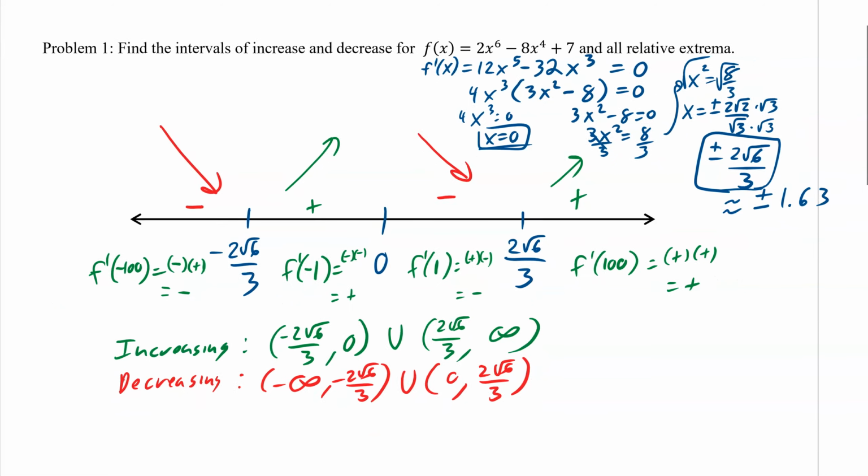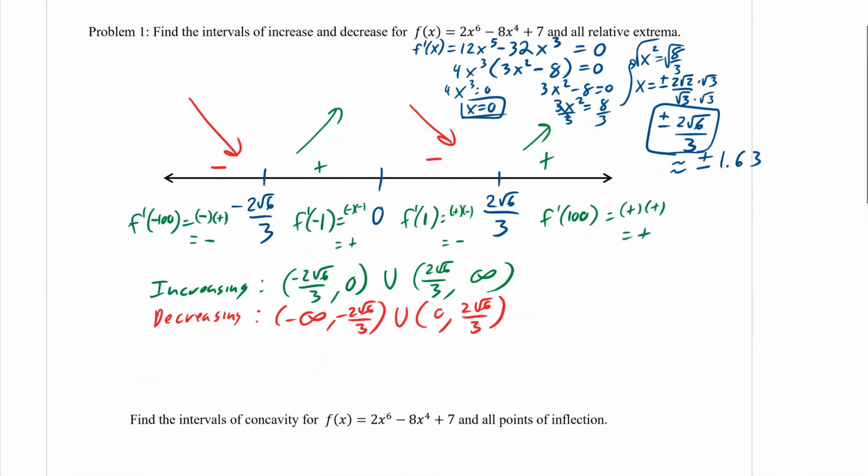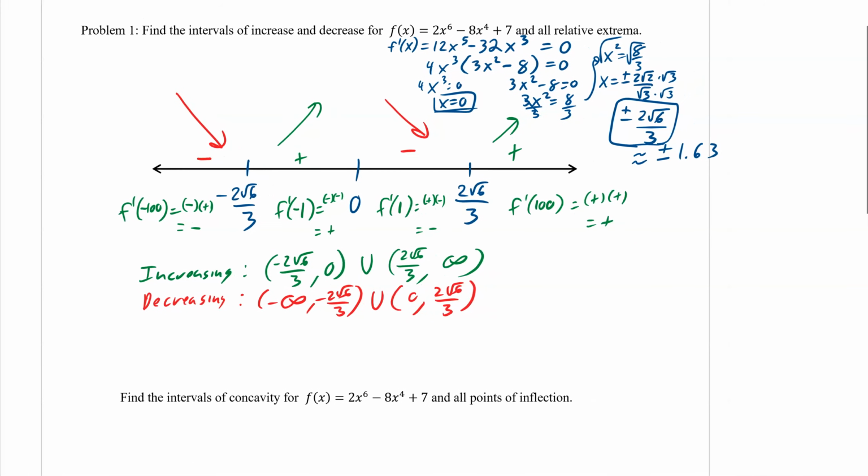Now, the reason we already knew how to do this, it's just nice to have another example, but why are we doing this before we find intervals of concavity? The same steps we did here are the exact same steps we're going to do there. And so in order to determine if it is a minimum, it has to have decrease, increase. It has to have this shape. So we know that we have a min, a relative min,